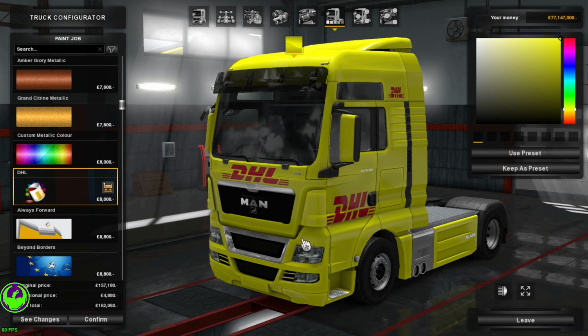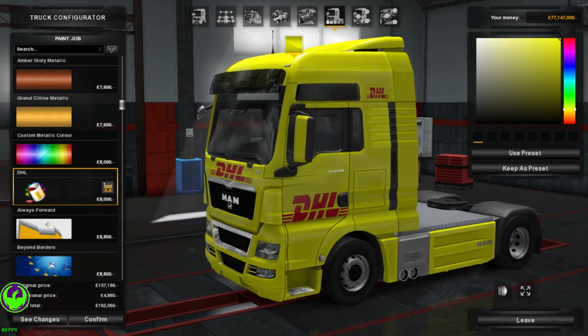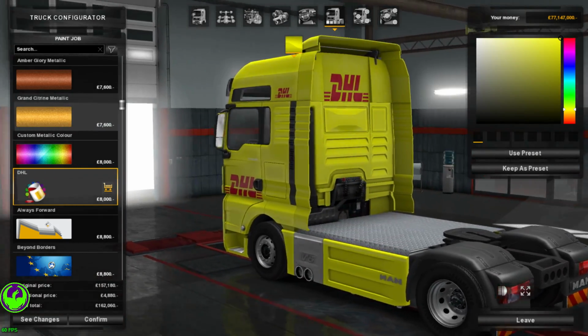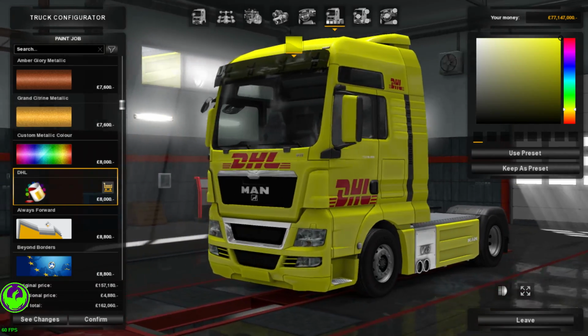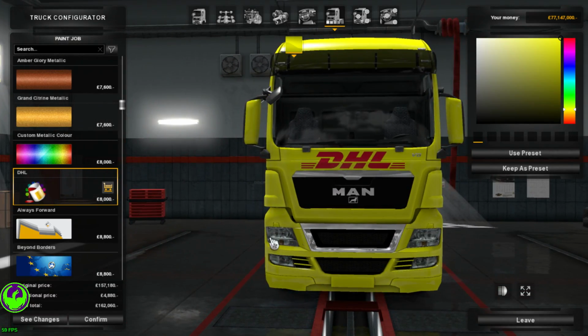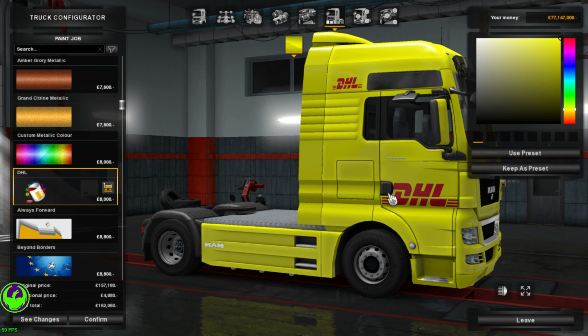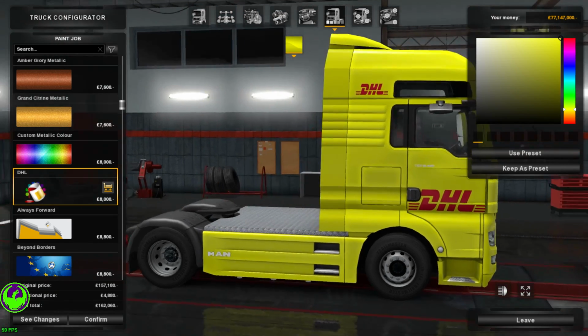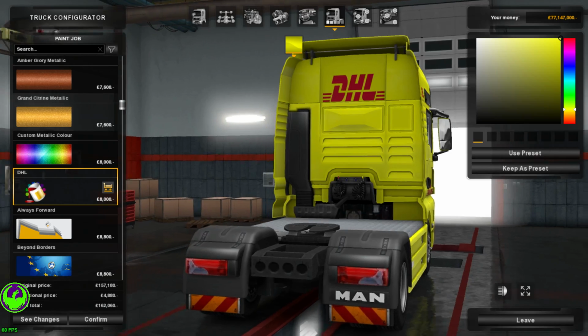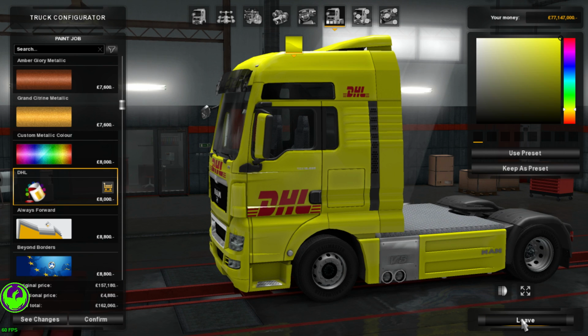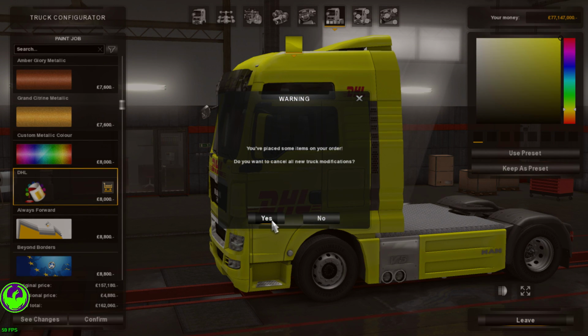DHL. What a bit of a weird colour yellow. But all in all, that is pretty much done. So and then you can just change your base color. You can have your base color whatever color you want, and it should work on